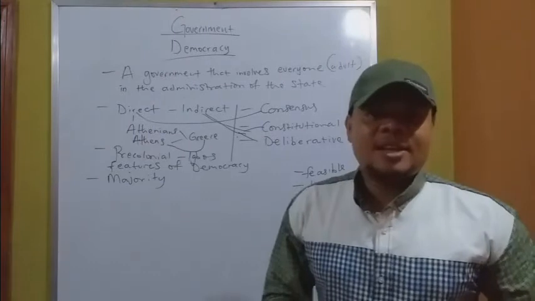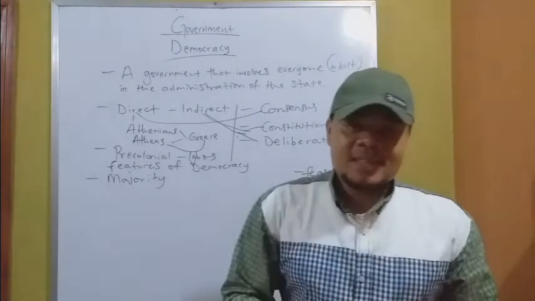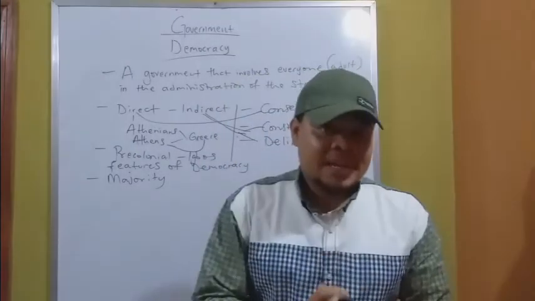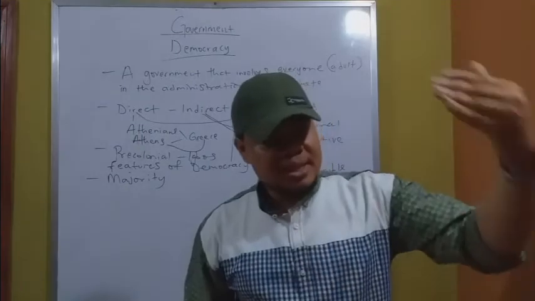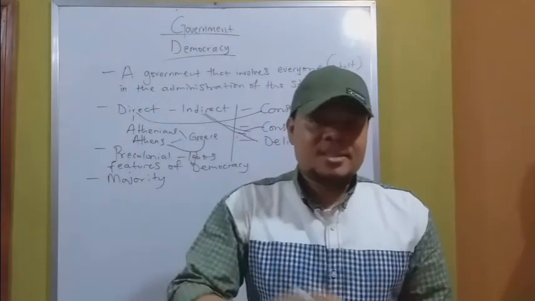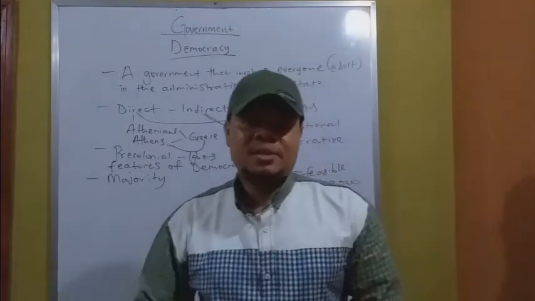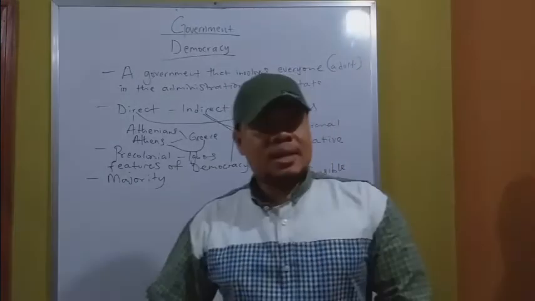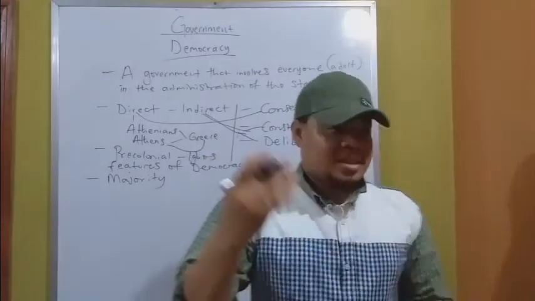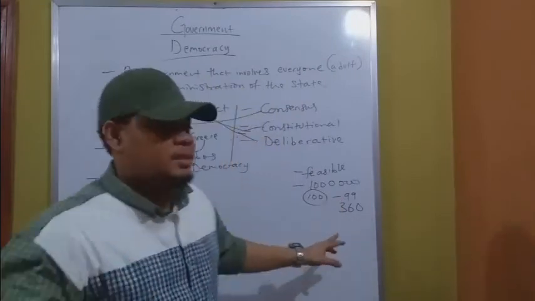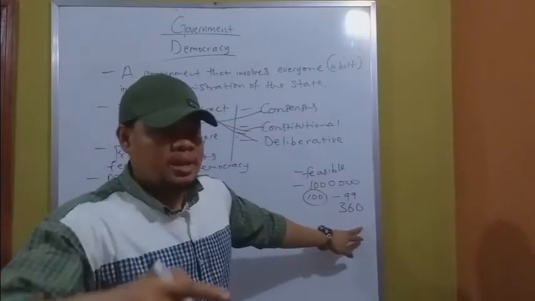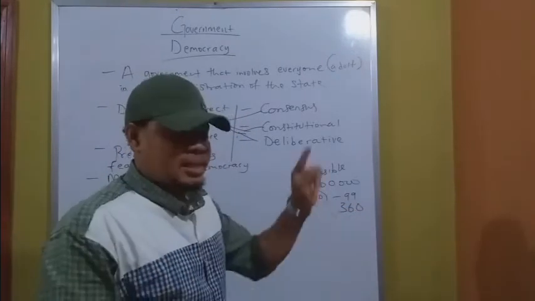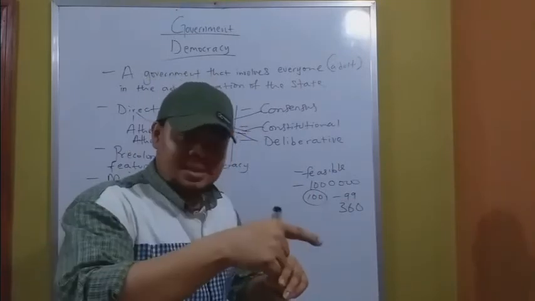For instance, general elections in Nigeria, that is elections bringing in the president, the governor, National Assembly members and State Assembly members. National Assembly, I've told you in our previous class, refers to both the Senate and the House of Reps. The Senate is called the upper house. The House of Representatives is called the lower house. The Senate is also called the red chamber, and the House of Representatives is called the green chamber. Senate has 99 members. House of Representatives has 360 members. Now, from every state of Nigeria, there are 3 senators representing every state. 3 senators represent every state in Nigeria.